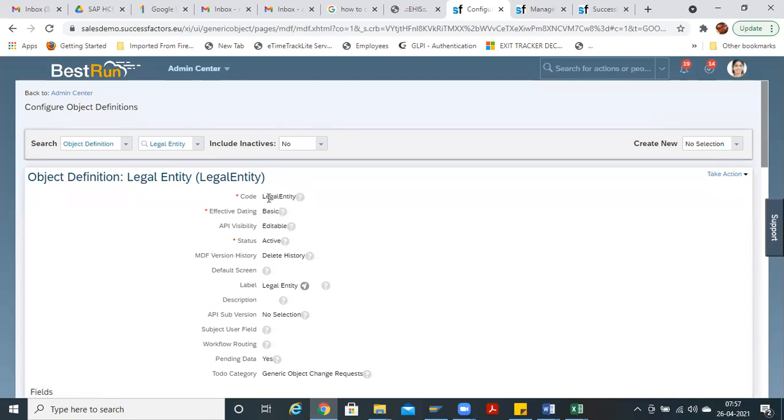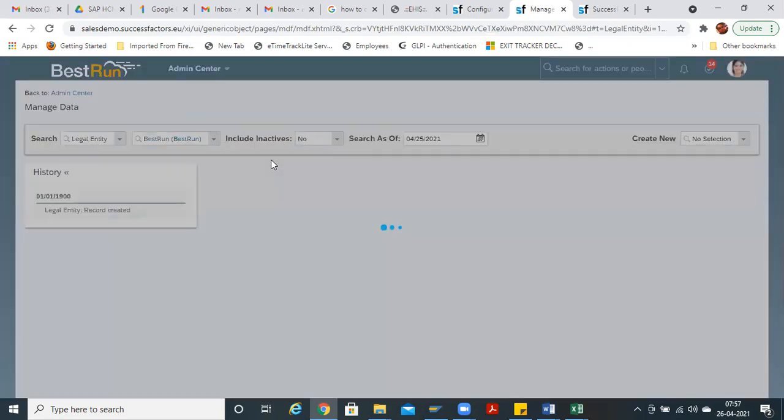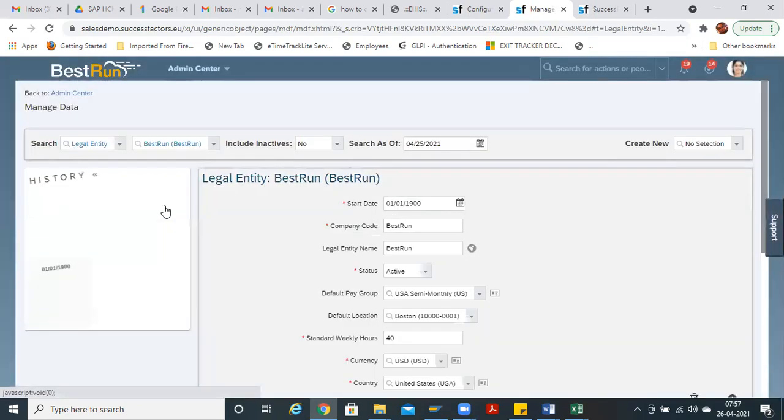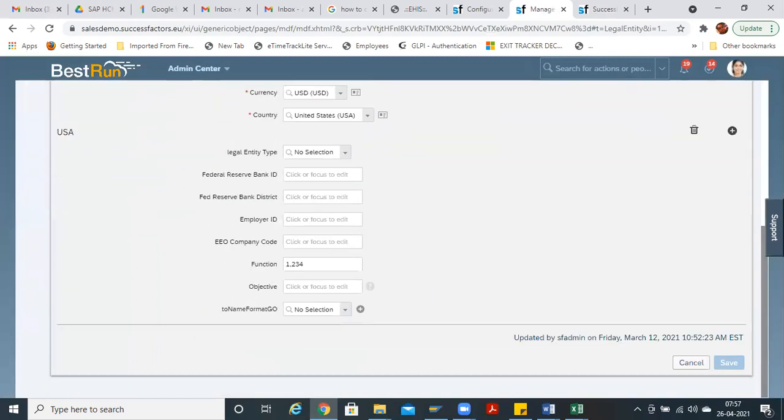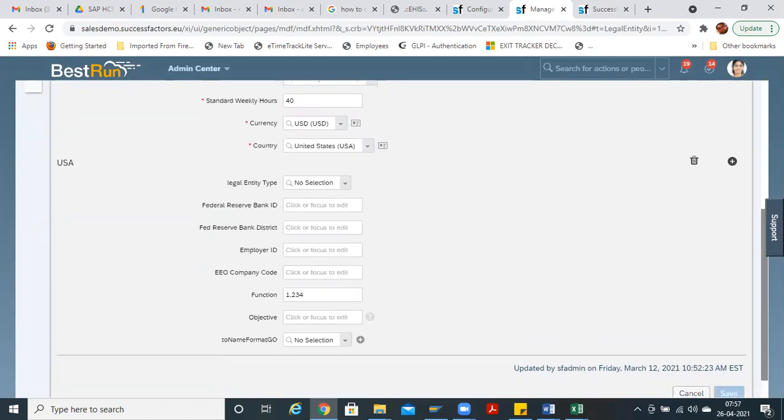And we have added a custom field in legal entity. These are the standard objects: legal entity, business unit, division, and department. We have just added a custom field in legal entity, and then just refresh it. The existing one itself, you may be able to find. See, objective. Got it?